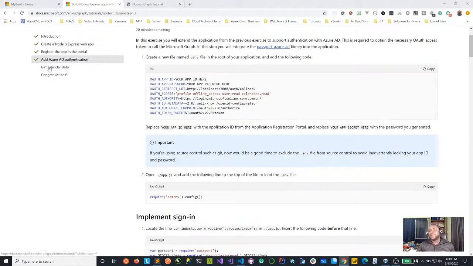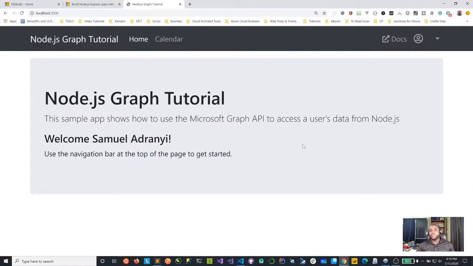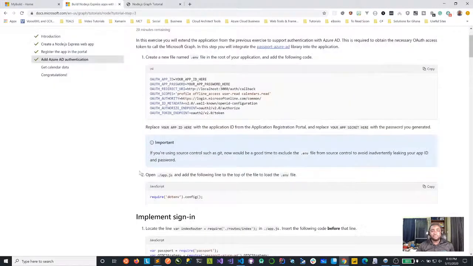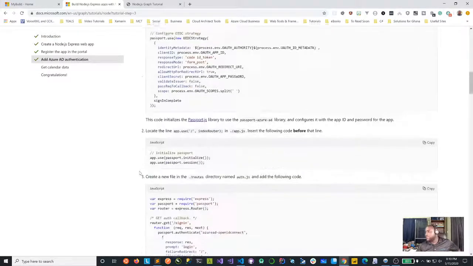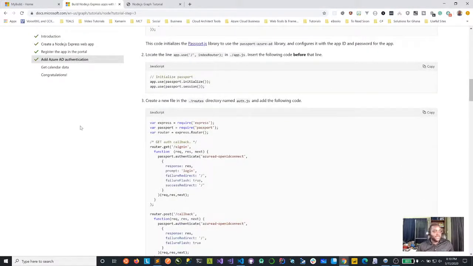Now, we're going to get calendar information. I went ahead to do a few things, but let's just go through the process, right? And then, hey, let's have fun. I mentioned to you that we're going through this so that it gives you that experience of how you would actually go about coding this thing.